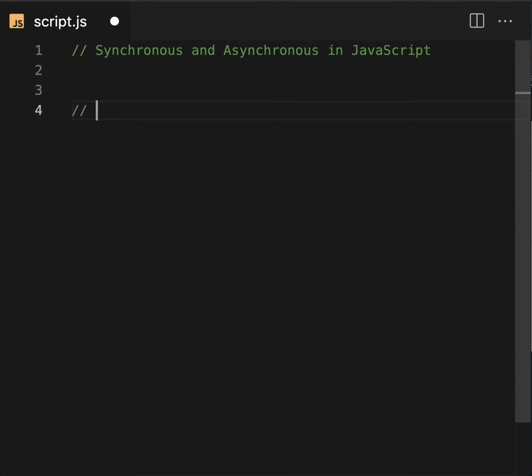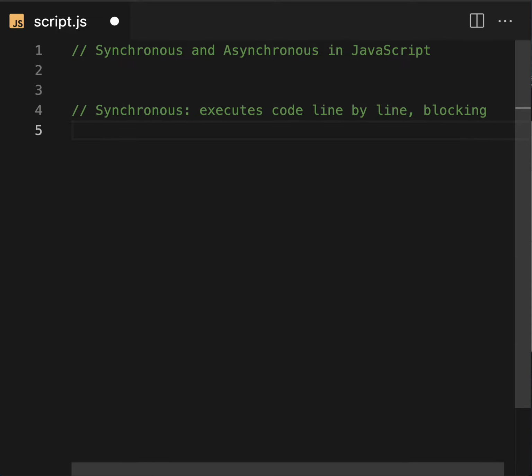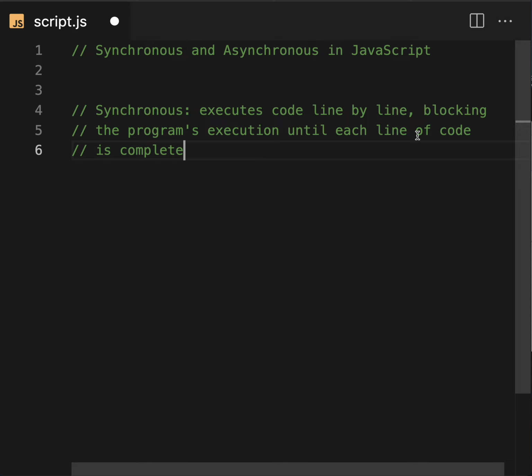So synchronous means executing code line by line.